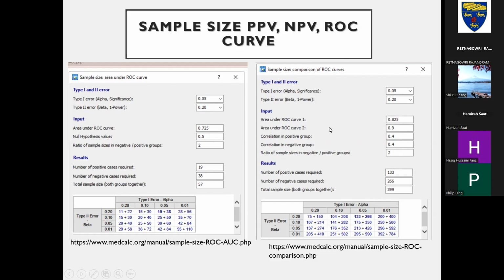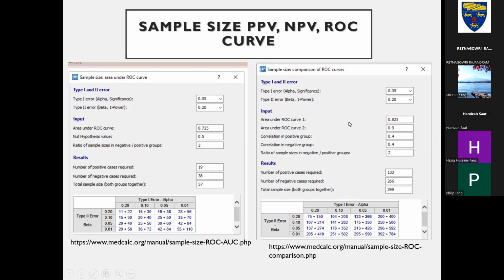You can use a reference. You'll then have a reference paper for this, reference paper for this. And this one, you pick what you think the best scoring is, whether you want to equal and so forth. And it will then tell you what your total sample size is needed. Obviously here it's telling you need almost 400. Okay, it's just an example where I've put in the numbers and I've copied it across.